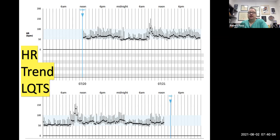Now sometimes we make the error of thinking, where a lot of people believe, that the slow heart rate of beta blockers is what is actually protecting patients with long QT. That is actually not true. The bradycardia that we see with beta blockers is a side effect of beta blockers. It is not, in fact, the effect that is causing the patient's risk to be lower. But we use that side effect of a slow heart rate as a good indirect marker that the patient is